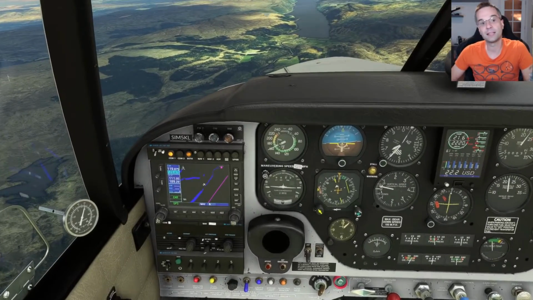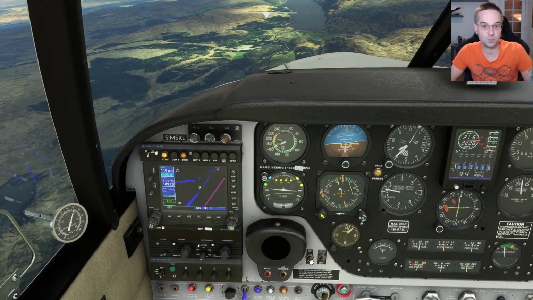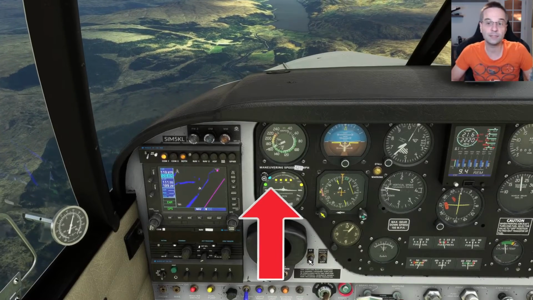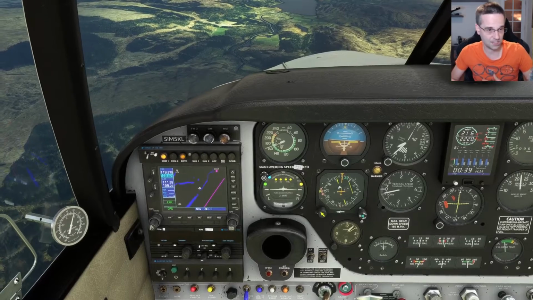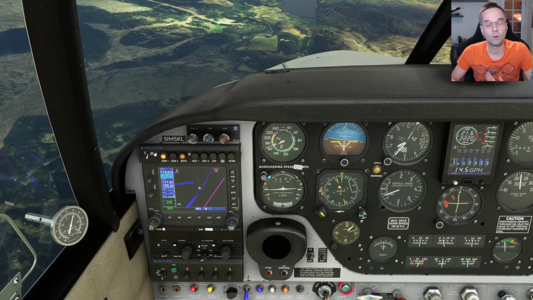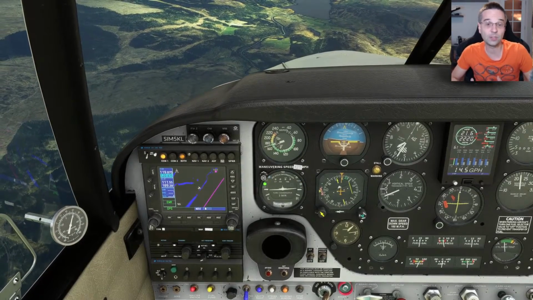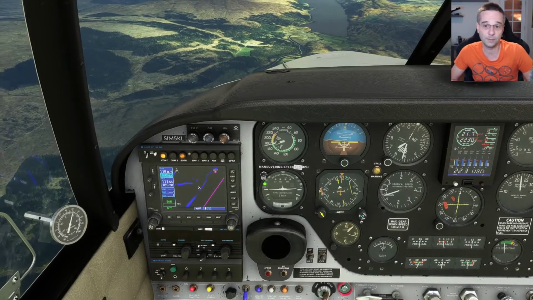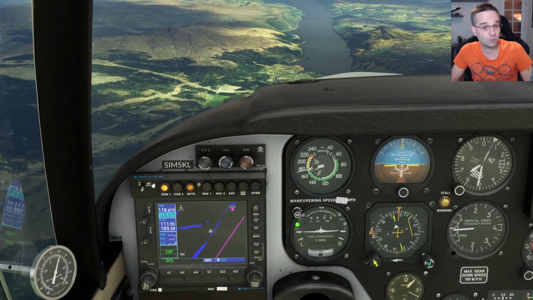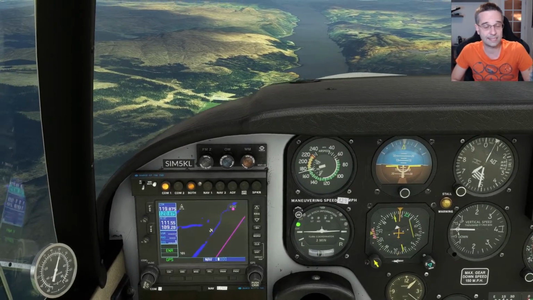We'll start off by initializing the autopilot with the master switch, and that's going to light up all of the indicators on it for a couple of seconds as it goes through its initialization sequence. Once the initialization's completed itself, the green ready light on the left hand side is going to be the only one that's left illuminated. And the first mode that we're going to look at on the autopilot is stabilizer mode,